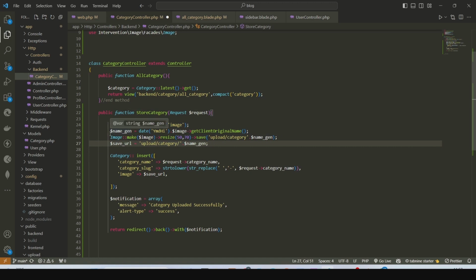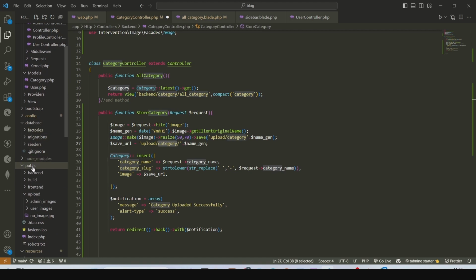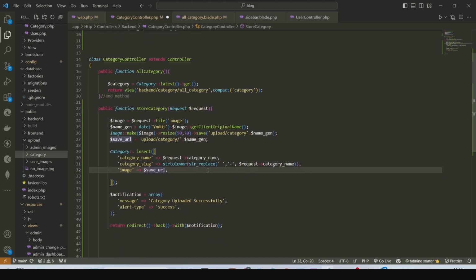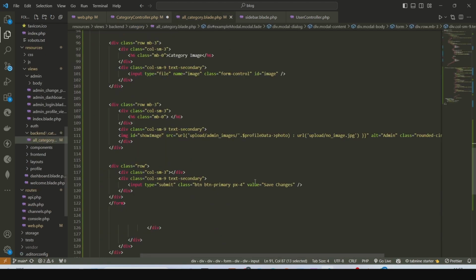Also, for our upload, we've not created our category folder. So you create a category folder inside your public, inside your upload folder. Create your category folder here. Save all. Run next. So inside your all category also,